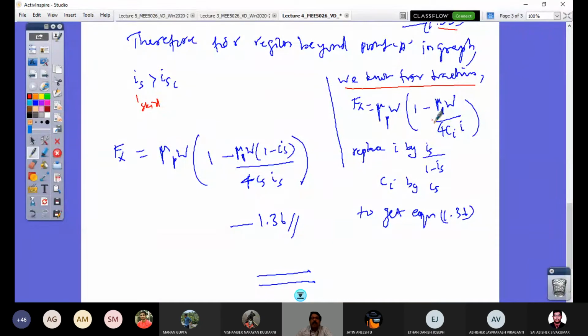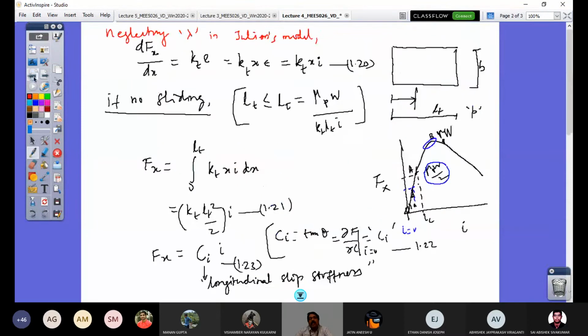One can also start from the beginning, the derivation for braking and skid, similar to what we were doing, considering a simplified model wherein I consider here tractive effort. You can also consider this to be braking, and you can have a skid straight away, and you would end up with the same expression. So this is what we were doing in the last period, and we are going to look today at an important